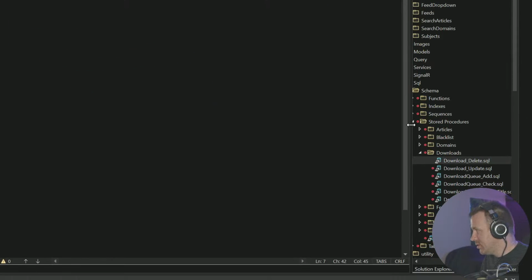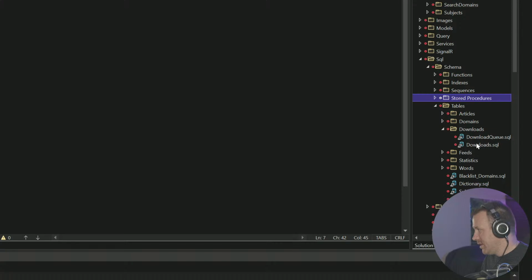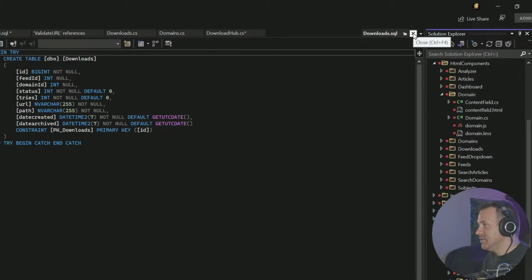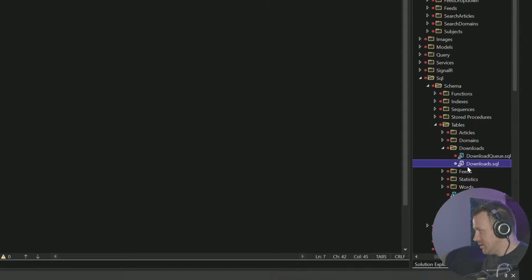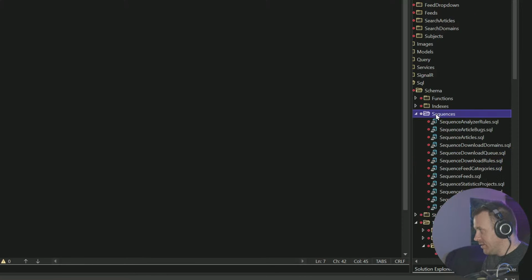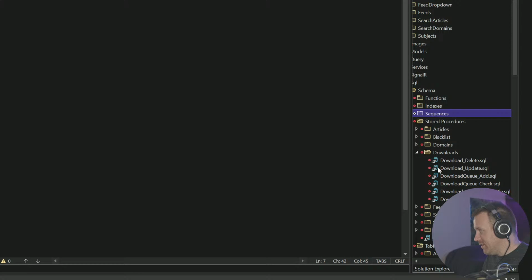Pretty sure, yeah, and there's an ID in downloads. Let's see if it just transfers the ID over. Let's find out. Do we have a sequence for downloads? We have one for download queue, but not for downloads. So my guess is